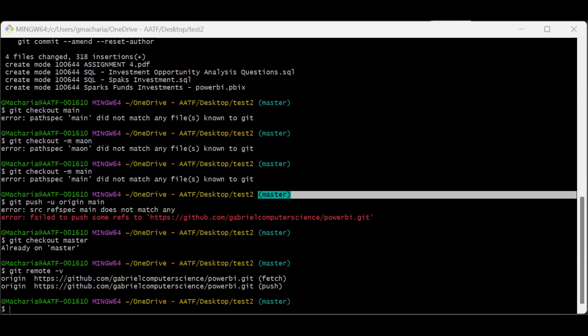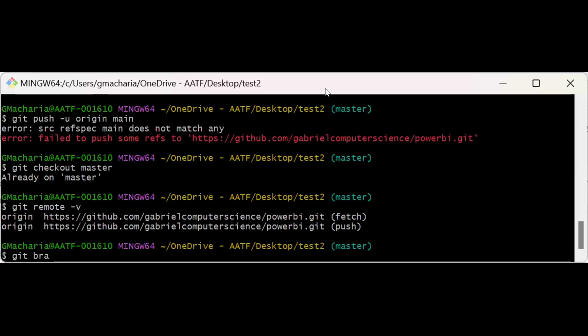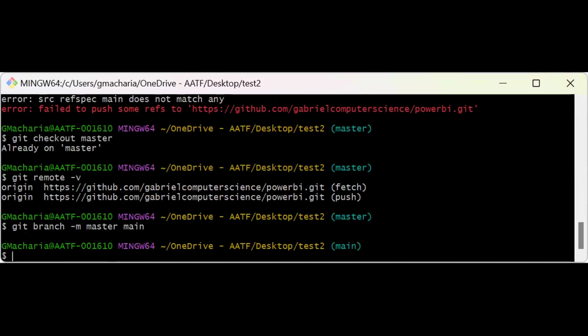Yeah, so we need to get to the main branch, git branch master. Let me do that. Git branch. Let me see, git branch minus m, sorry, then master main, perfect, git push